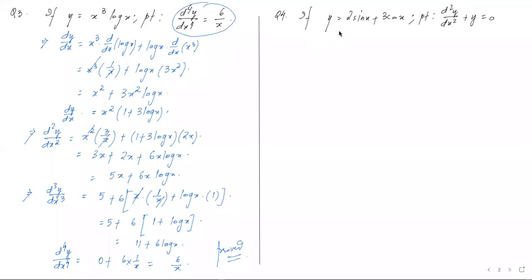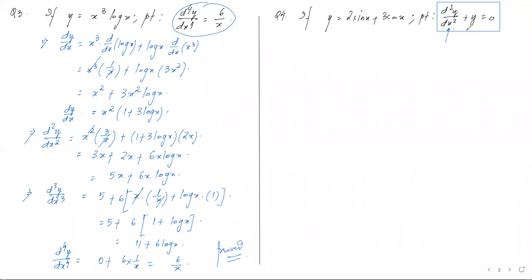Next, number 4. The function is y is equal to 2 sin x plus 3 cos x. We need to prove that the double order derivative of this function plus the original function will give us 0. When a question becomes an actual proving type question, our process should also be specific, as we have discussed in the previous chapters also, in derivatives also. When calculus questions give us something to prove, we cannot advance normally. Somewhere we need to keep in mind what we have to prove.